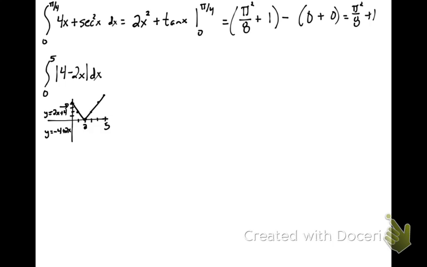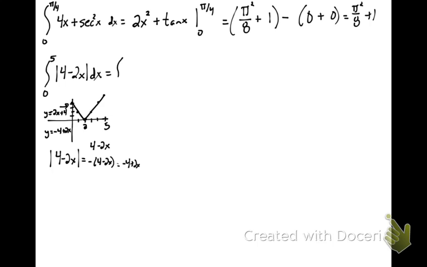Right, another way to think about this is that with an absolute value function, 4 minus 2x could either be the function 4 minus 2x for some part, or it will be the opposite of 4 minus 2x for some part. And the opposite of 4 minus 2x is negative 4 plus 2x. But it's important that we tell which piece is where, because we're going to break this integral up into